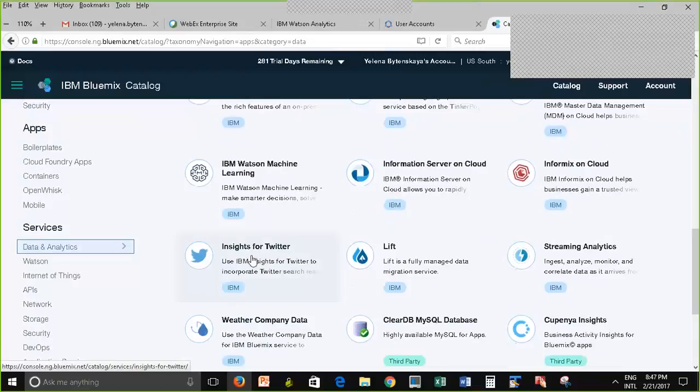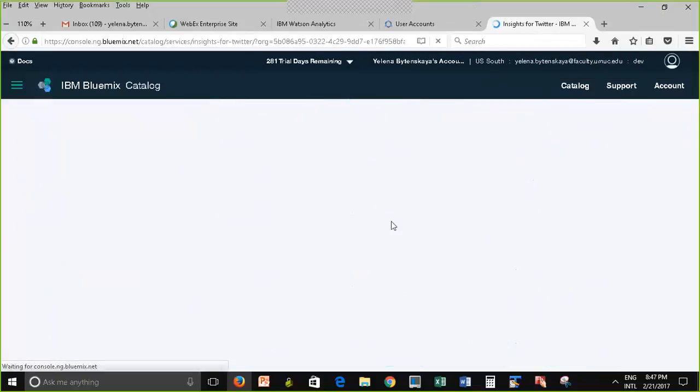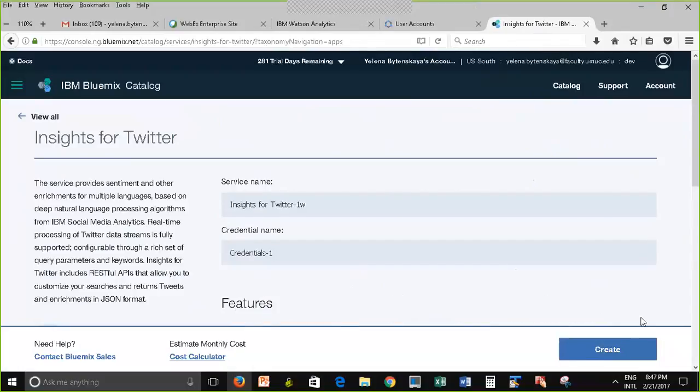To do that, you would just click on this, and here you're going to hit create. I'm not going to do that because I already added this to my dashboard. Very important, you want to add this only once. We're not adding 2 copies of the same application to the dashboard, right? We're adding it only once. So now, since I already added it, let me go back. And to go back, I just click here.